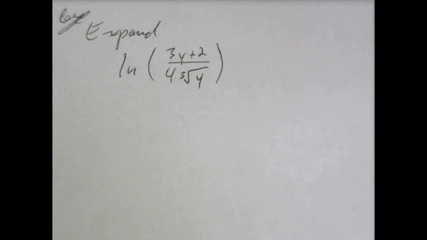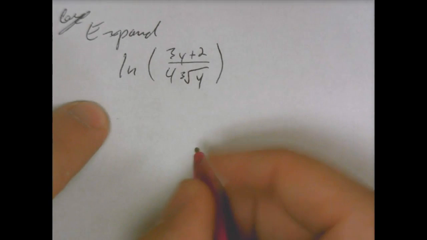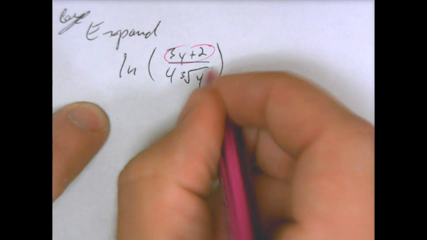So with this one, the first thing that I see is I have division. So I know that is our quotient property. So I can take the top, subtract it from the bottom,